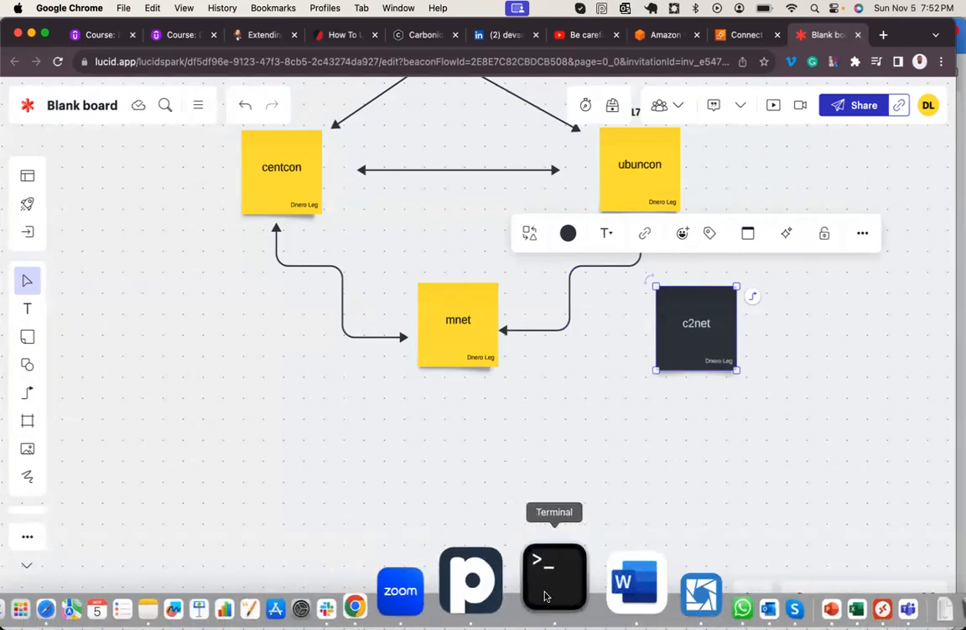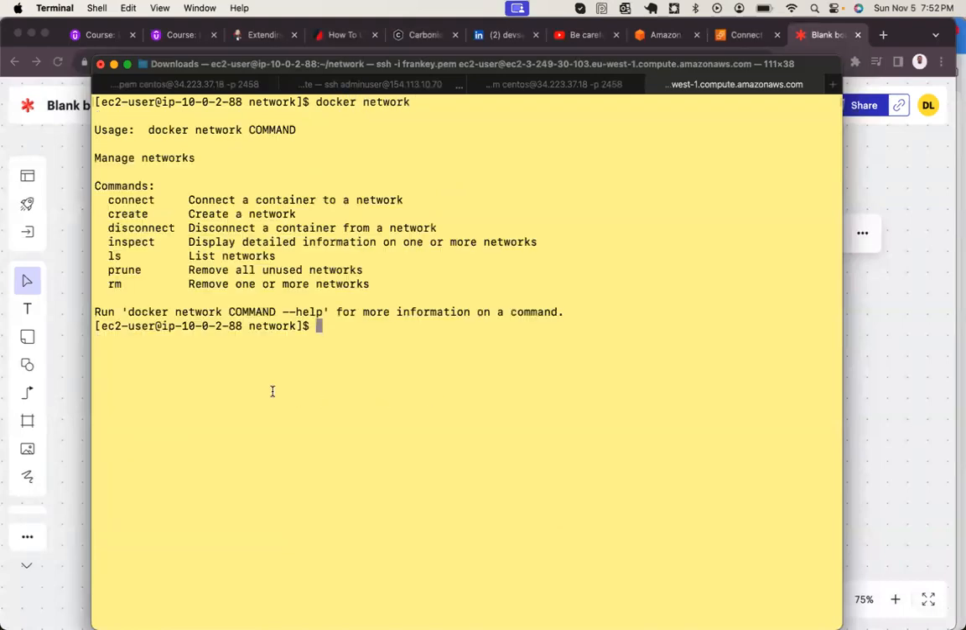Now, let's look at the Docker network commands again. We've seen how to create a network, all right? We've seen how to inspect a network. We can list networks, all right? We shall come to this, remove network. So let's look at how to